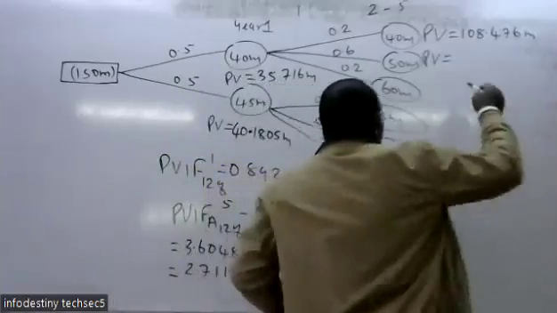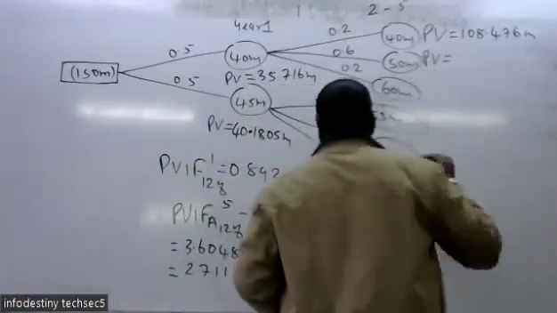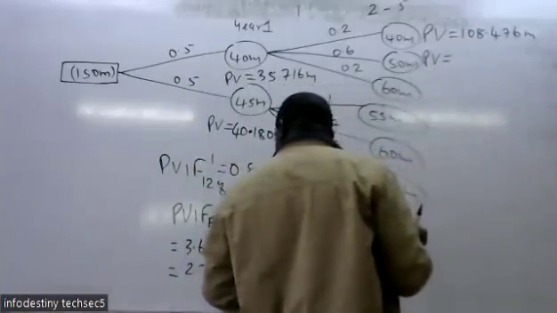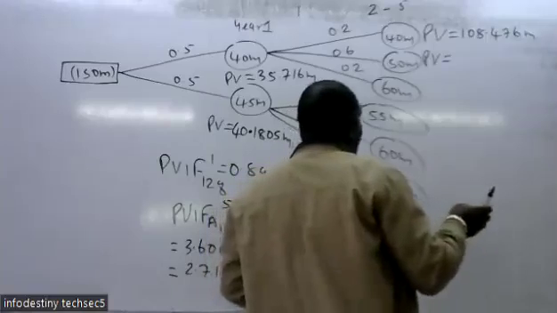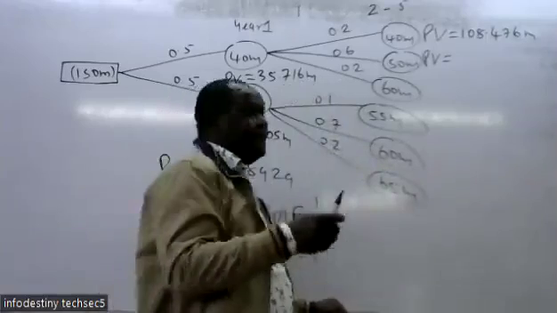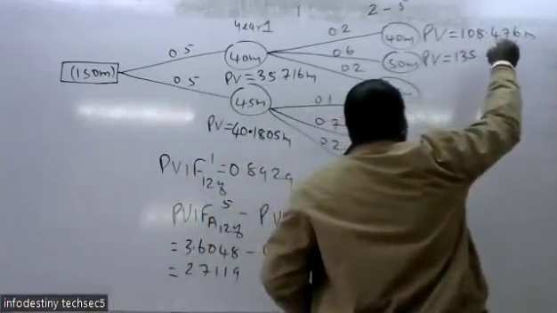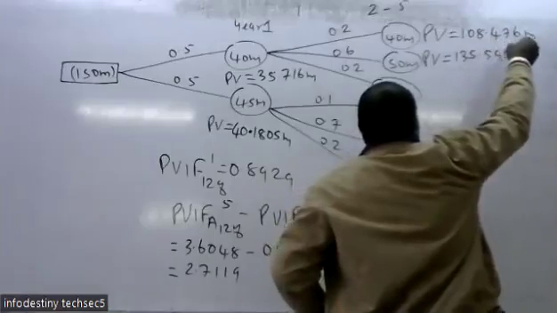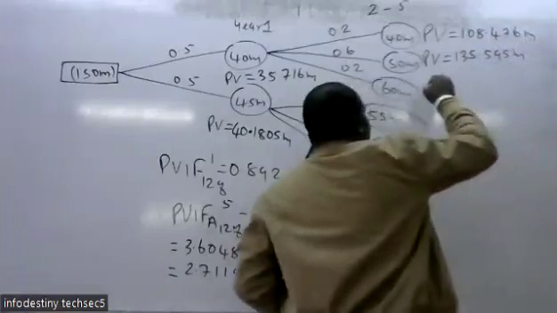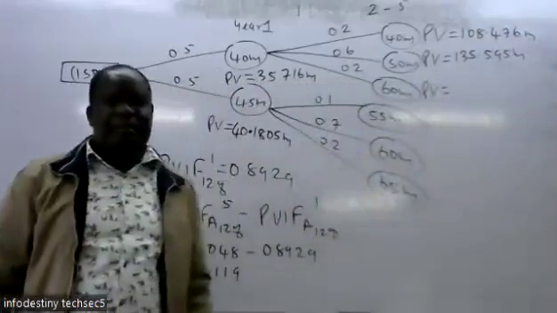So this one should give us each year, 135.595. We do the same for the next one, where you also take the 60 millions,